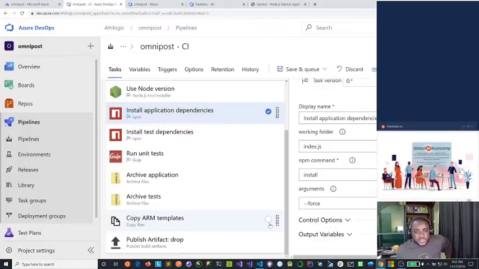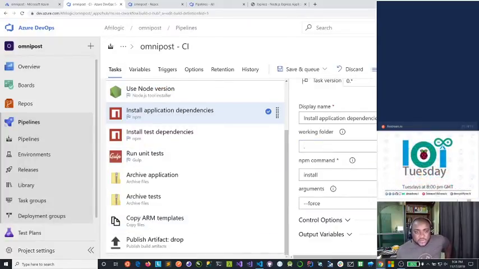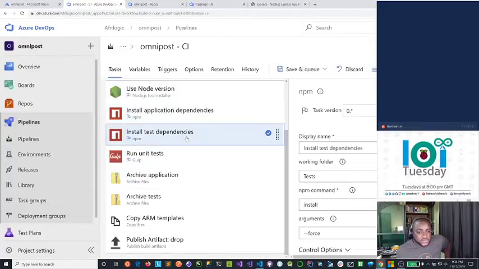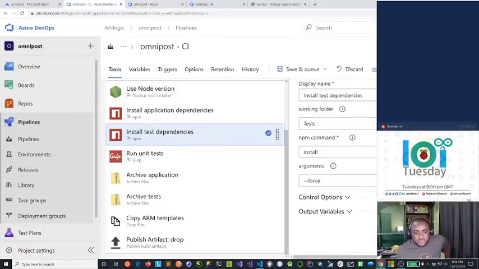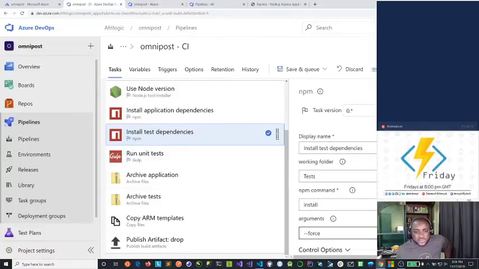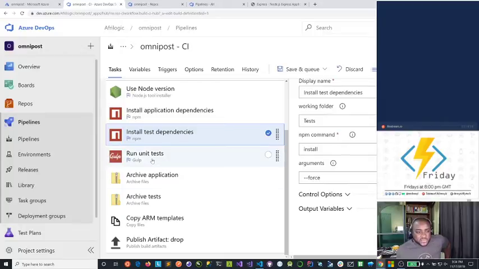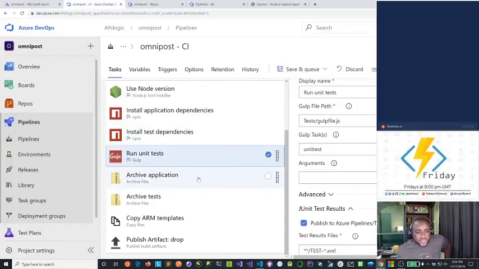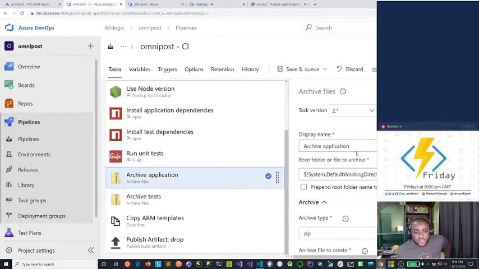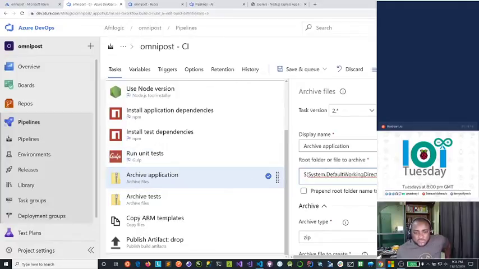So my application is there. Let's leave this and put a dot there, save, and then let's go to the install test dependencies. Let's leave it there. Once the application directory is set, run unit test. We don't want to archive the application. Root folder for archive or file to archive. Well, we don't have anything